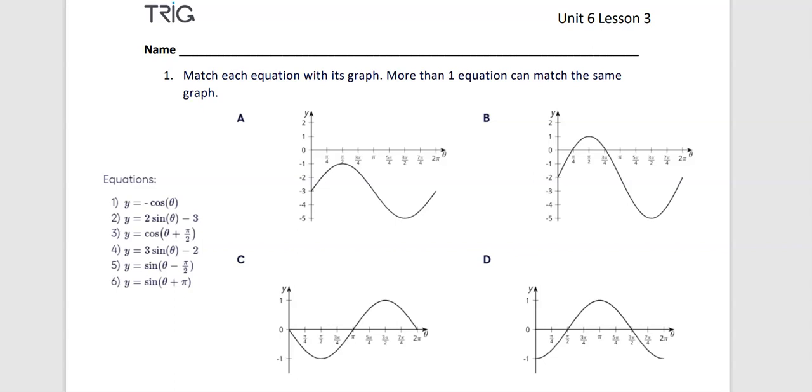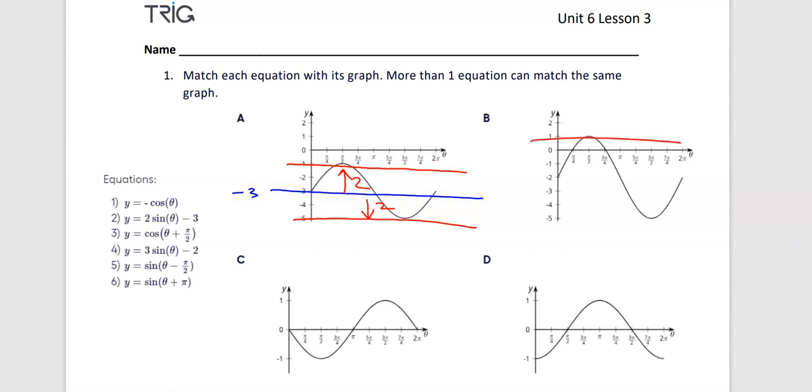So in problem number 1, I would probably start by identifying the amplitude and the midline for each of the graphs. So the midline here is at -3, and the amplitude is +2, and I would check to see if there's an equation that fits that. In letter B, the top is at 1, the bottom is at